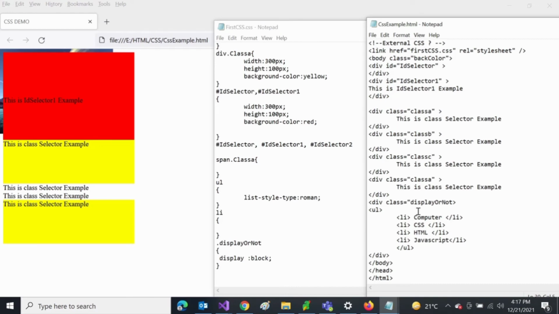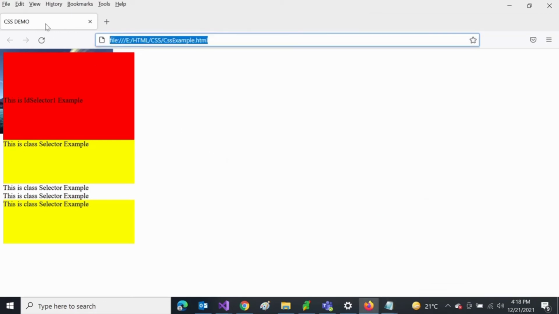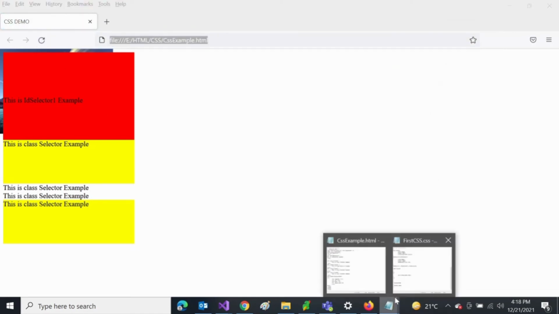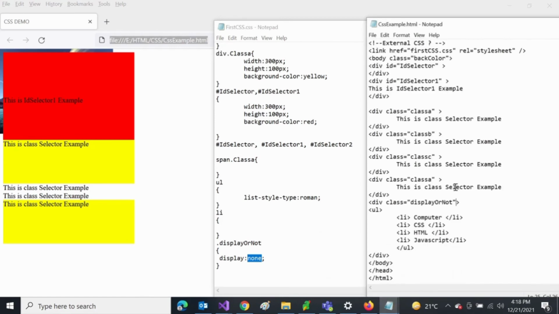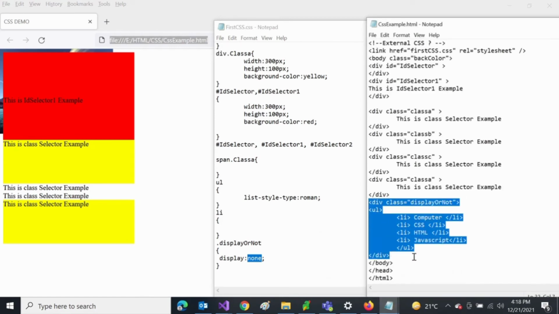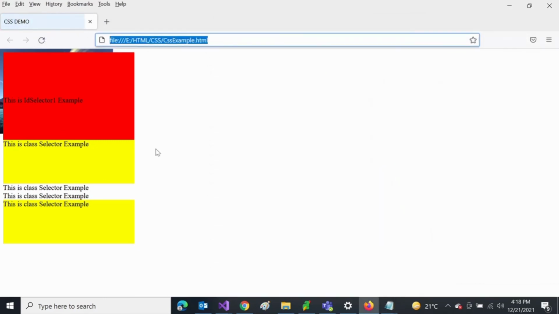So guys, let's see why it is not displaying. Yeah, we got it. See, typo mistakes are common. We have not closed the class tag properly. So now let's add display block and see. The tags should be properly closed, and the quotes should also be closed inside every attribute.